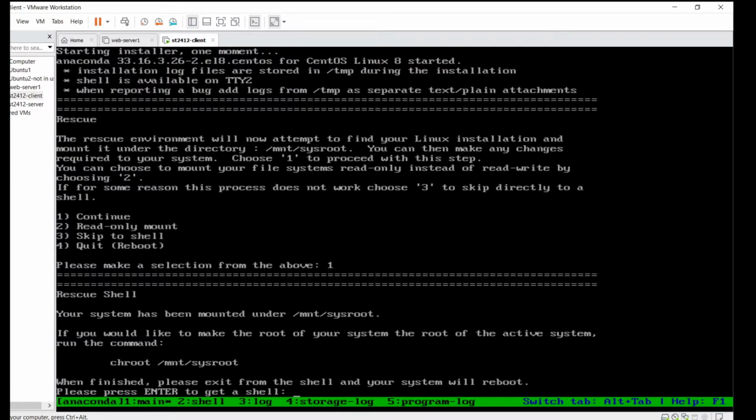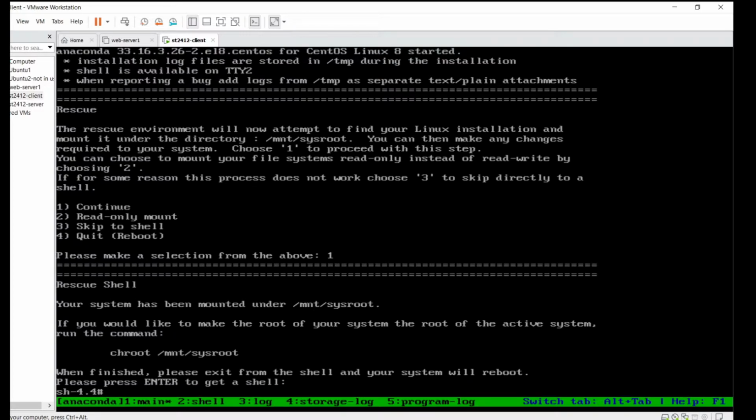Now the rescue shell has indicated that my system has been mounted under /mnt/sysroot, and that if I would like to make any changes, I'll run the command chroot /mnt/sysroot. As such, I'll first press enter to get a shell, and then I will type in the command chroot /mnt/sysroot.